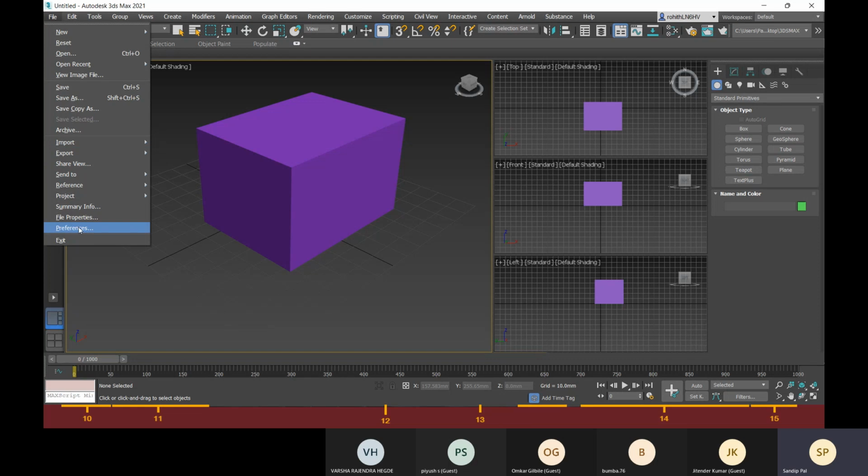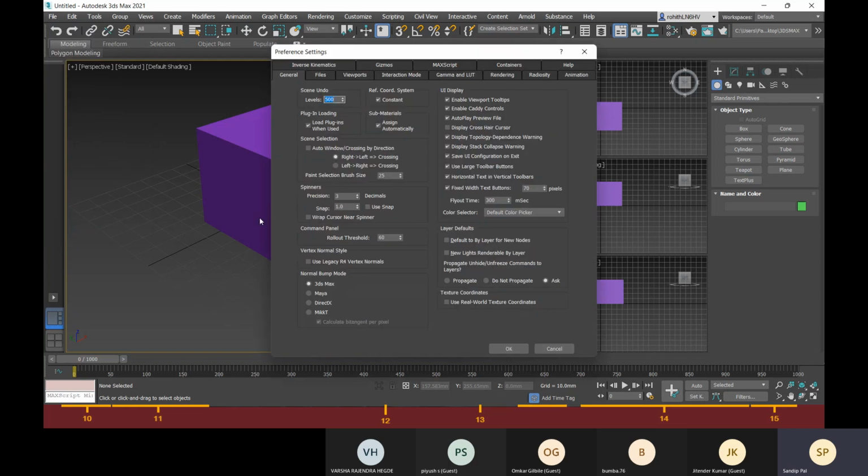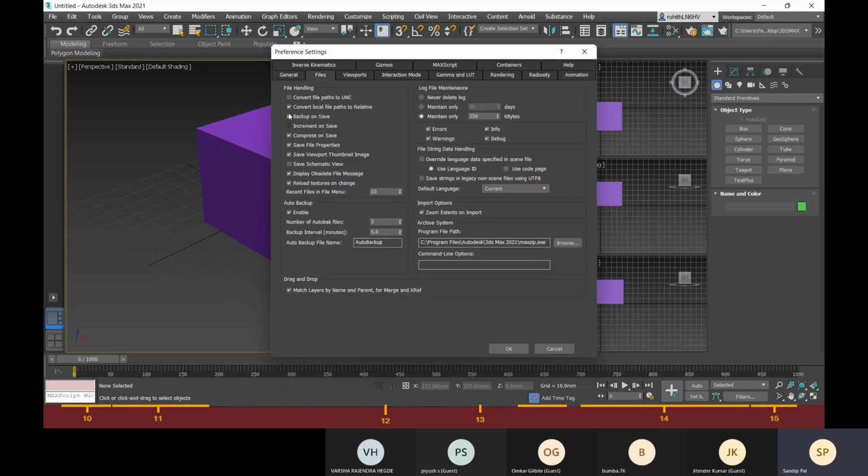Now let me show you the preferences. In the preferences, you need to set some options. So for these files, how you need to save or choose the options. These options should be checked.